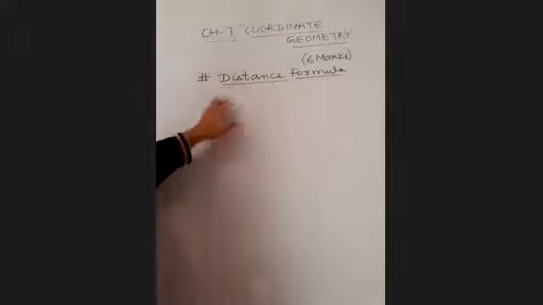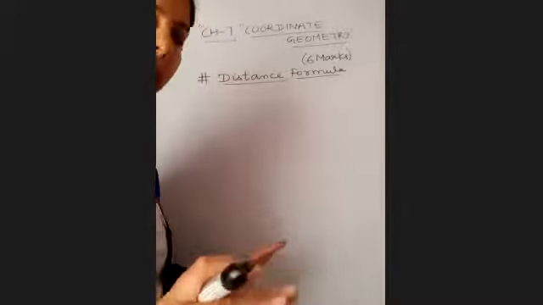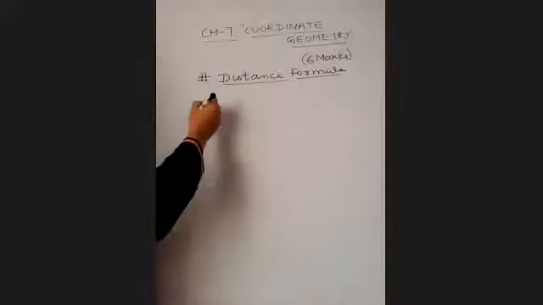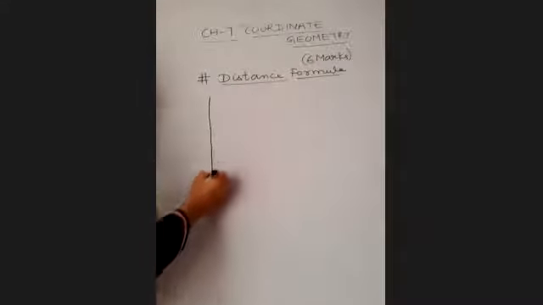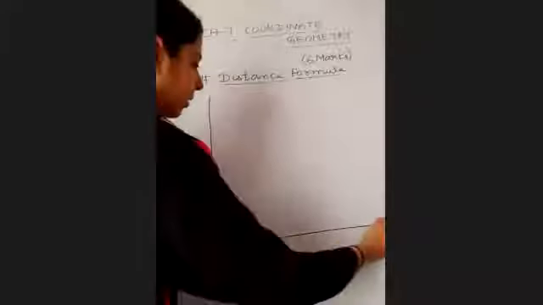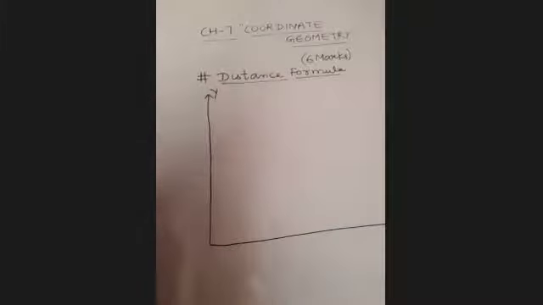So let us first derive. I will be deriving with you. Derivation will not be asked of you. I am deriving it so as to make you comfortable with how the formula has been arrived at. I am taking quadrant 1, children. If I take quadrant 1, the same formula can be applied to any of the quadrants.